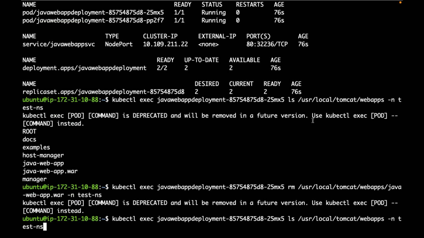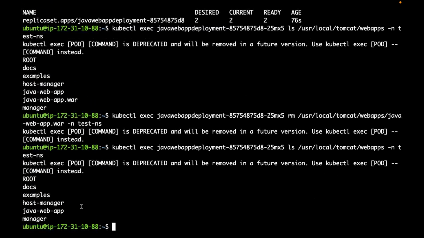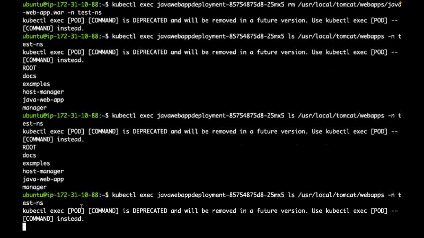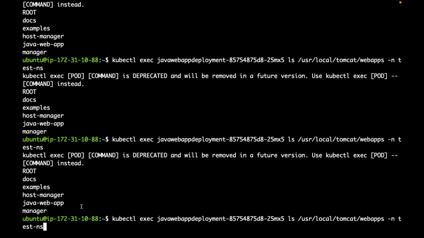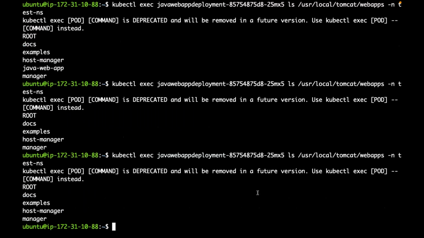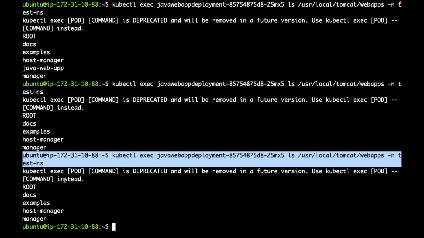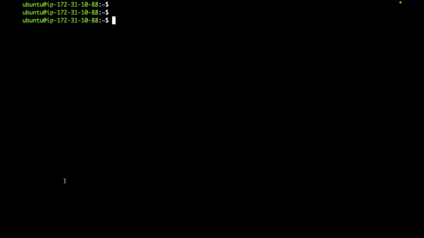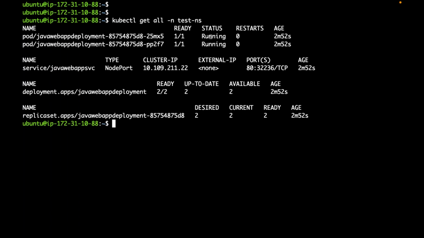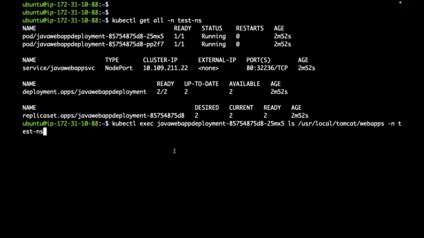Now, if you see, that application is not running. Just to simulate, I have deleted that. In this pod, that application is not running. Now, if you see, it is showing it is running because the process is running. There is no issue with the process, the Tomcat process, which is running fine. It is showing running. The service